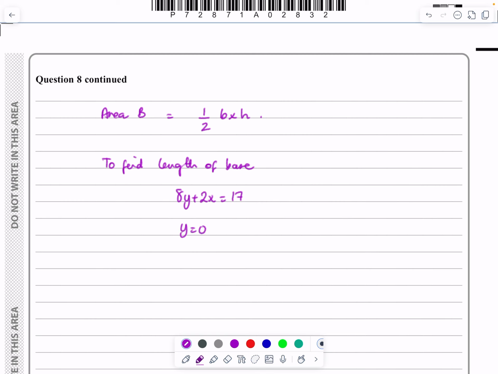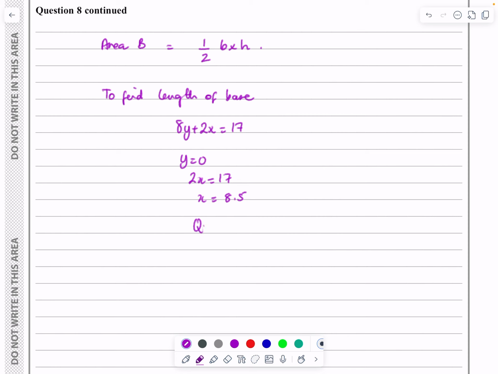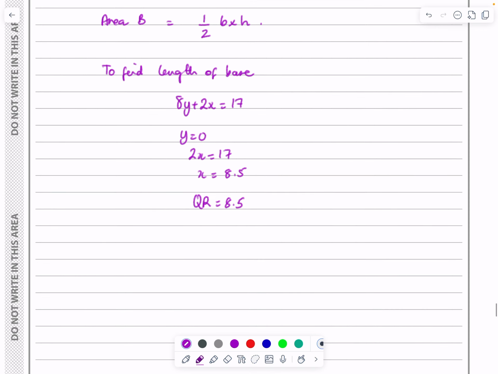Okay, if that's true, that's going to give me 2x equals 17, which is going to give me x equals half of 17, which is 8.5. So in other words, QR is equal to 8.5. I'm not going to keep going up and down from the diagram. So now area B is half base, which is 8.5, times height, which is 2, which gives us,